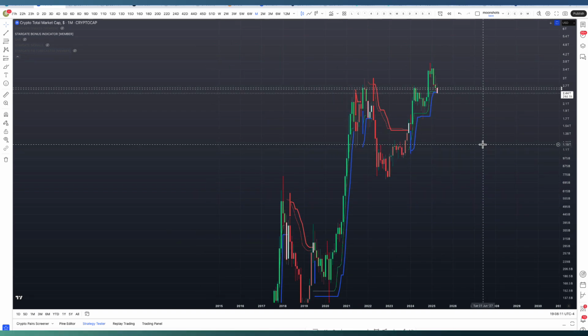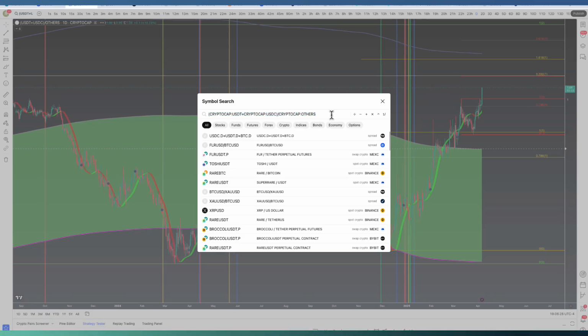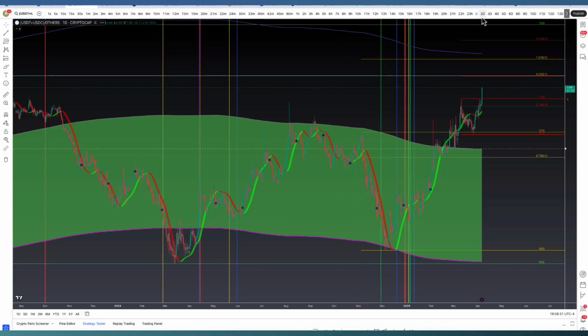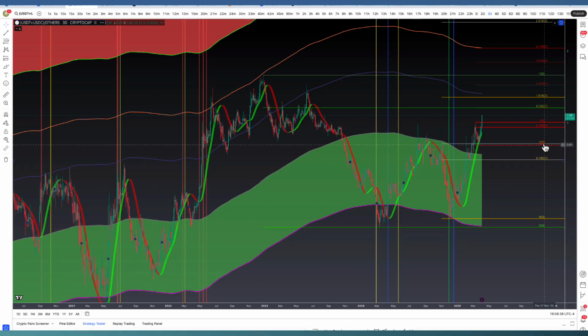Very important macro levels where we're at across the board for a lot of these macro driving charts that we look at here to see the health of the bull run. So that's that. If we take a look at the pump dump chart for others, we're pushing up now. If we take a look though, we have this 786, the macro 786 right here